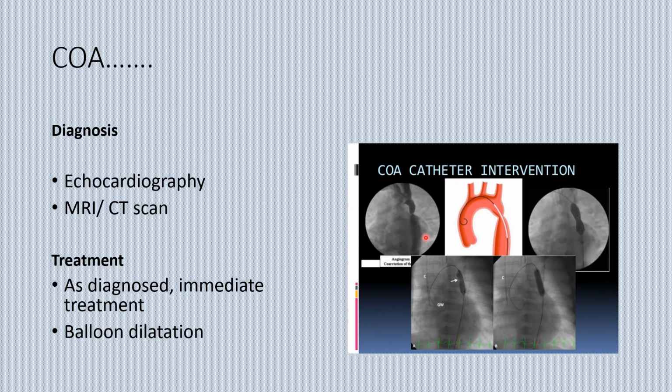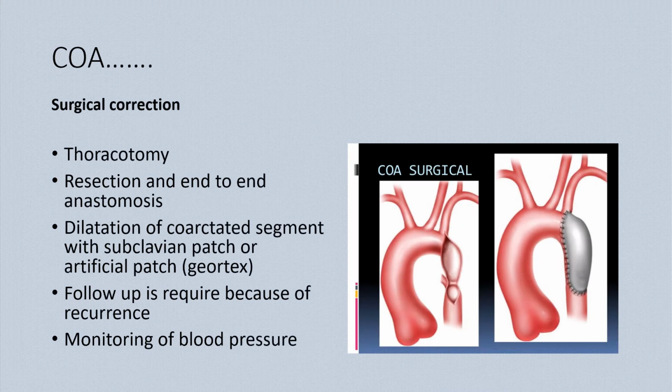Most of the time, the stenosis is treated with balloon dilatation. What happens is that again a long catheter is passed through the peripheral vessel beyond the stenotic part of the aorta, and over this catheter a balloon is passed and dilated, and dilatation is achieved and blood flow is made sure over this dilated balloon.